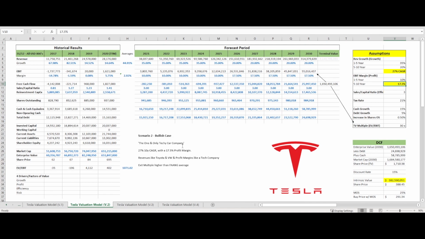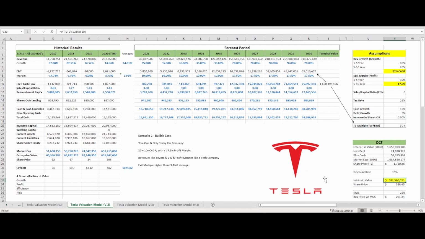Won't be easily done. So its revenues close to Toyota and Volkswagen at the moment, at 314 billion of revenue in 2030, with profit margins like a tech company. So very bullish. And again, you can see we still don't get to the current market cap, and you know these are really bullish assumptions. It just shows it's really got shot up in price,